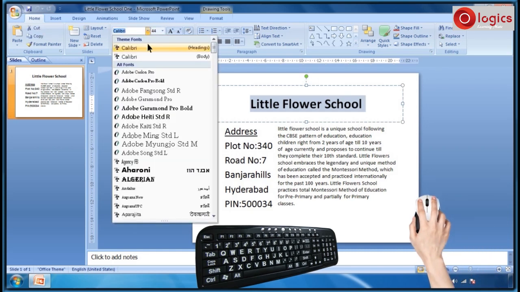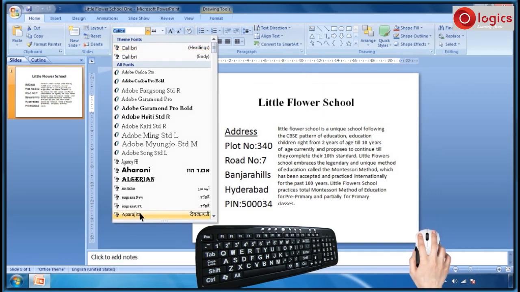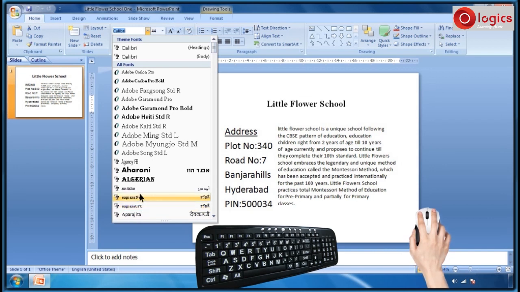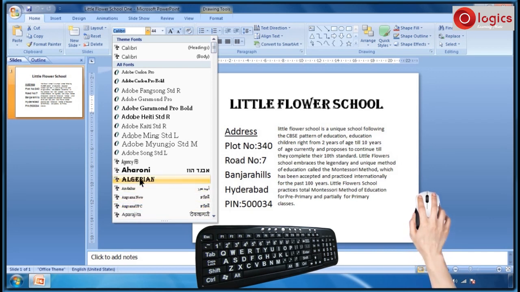Choose the required font from the menu. You can observe that after selecting the font, you will be able to see the applied font on the selected text. Here I would like to apply Algerian font and clicked on the same.